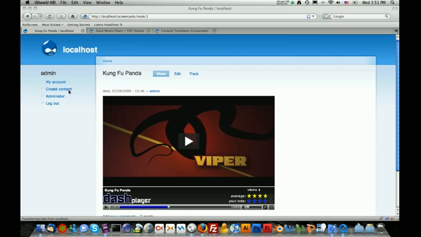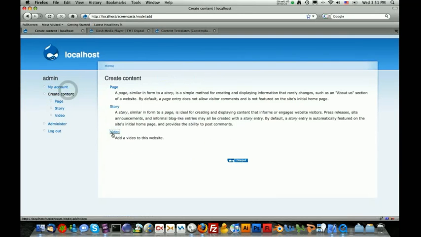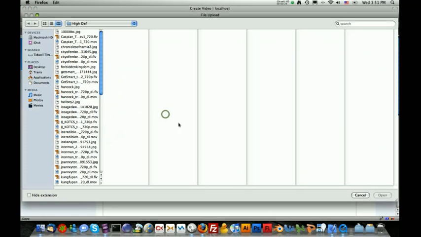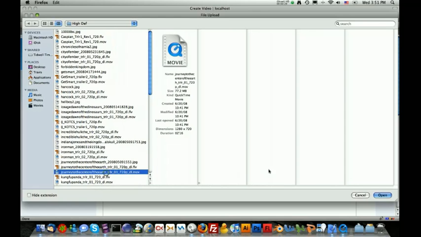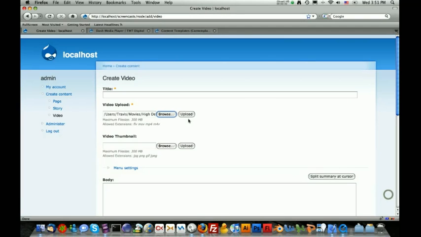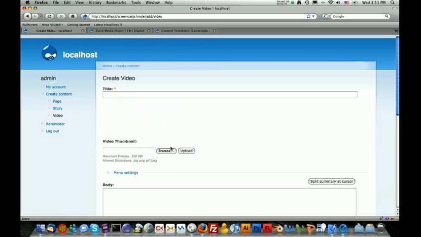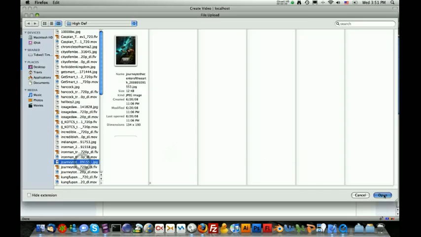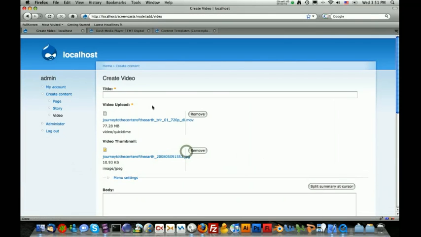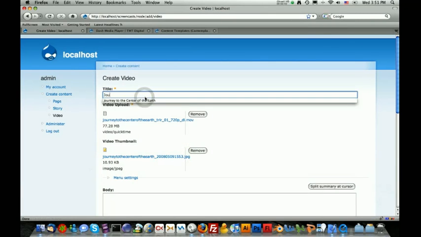can do that by going to create content, and let's just click on video. And then I'm just going to select a new video. We'll do Journey to the Center of the Earth. So I'm going to click on that, press upload, make sure it uploads. I'm going to click browse, do another one, Journey to the Center of the Earth, upload, give it a title,